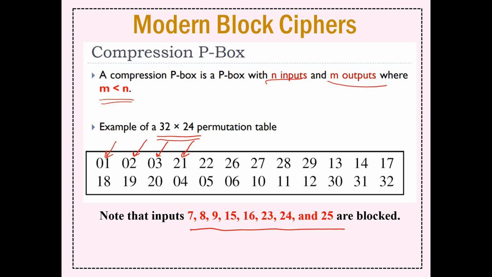Got it? So the reading is the same way we are going to read the statement. So the fourth output is basically the 21st input. Same way we are going to map the other things. Now,